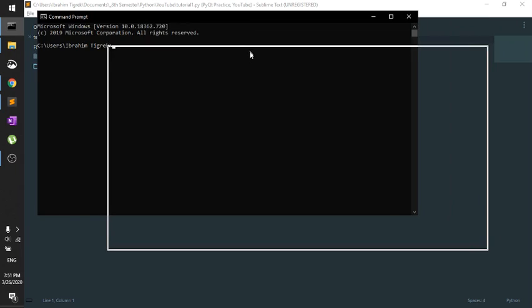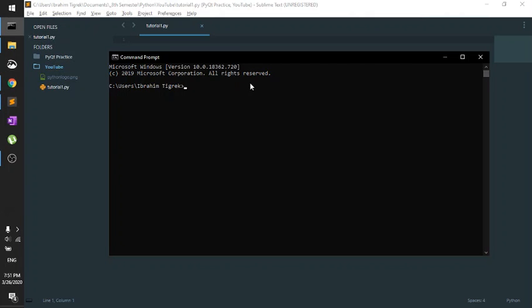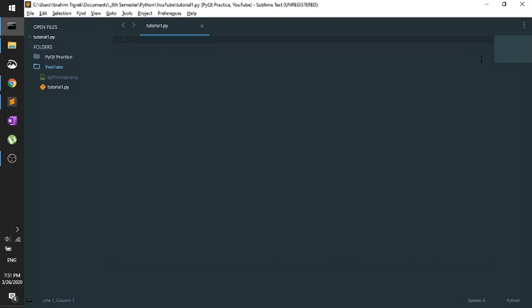So first you will need to install PyQt. Pretty sure it's installed with pip. So you just have to run this command and it should install it for you. If not, just look up online how to install it. I won't be showing you that. So once you have PyQt 5, I will be showing you